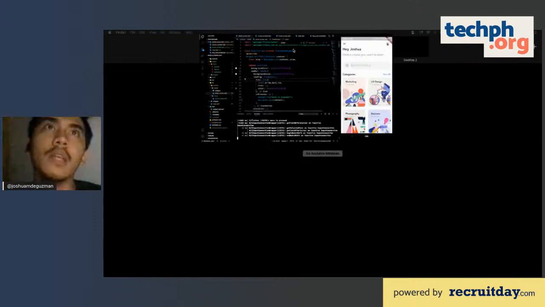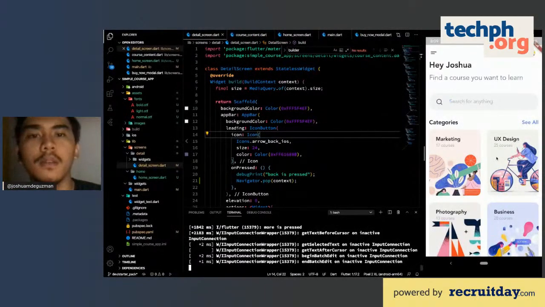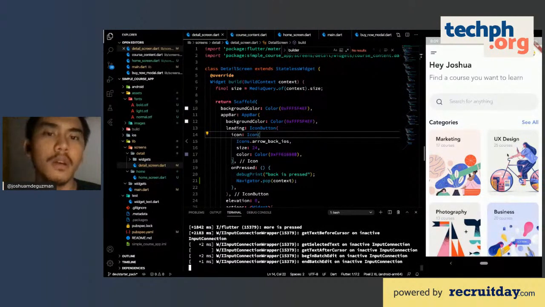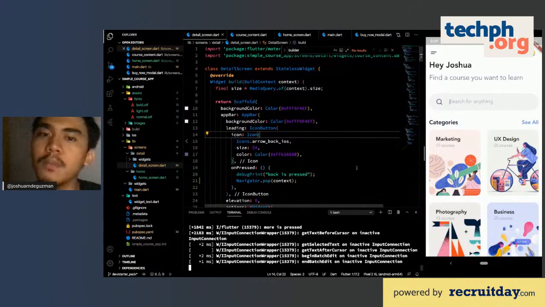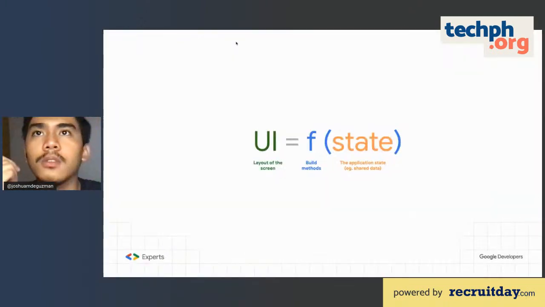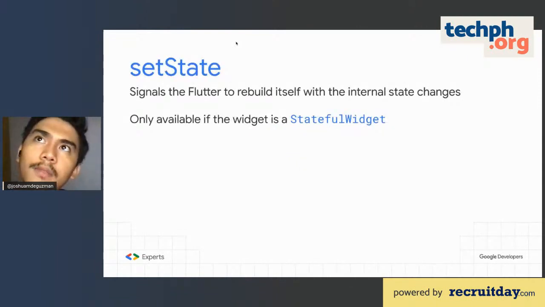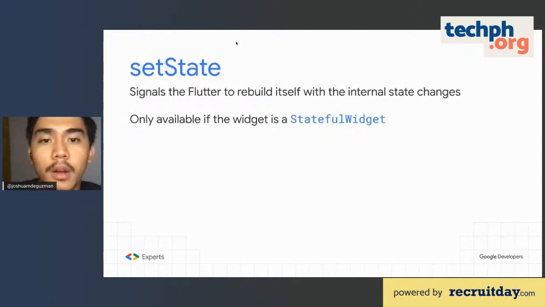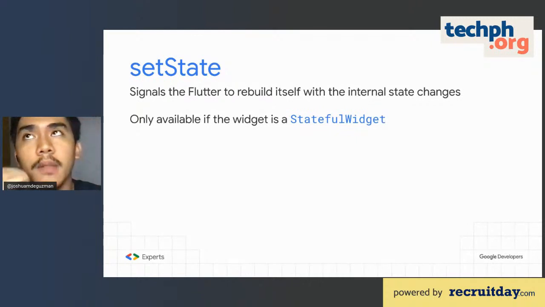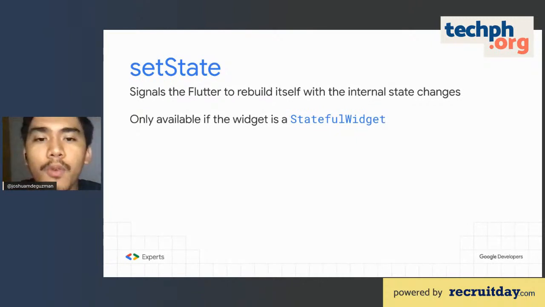So for this example, every time I notify the state, I probably need to hide and show something during runtime. Then that's how the build method works. It understands what states are available in your application, then it renders whatever widget you'd like to show depending on the state. So to simplify it, a basic way of doing state management is using setState for showing that there are internal state changes.